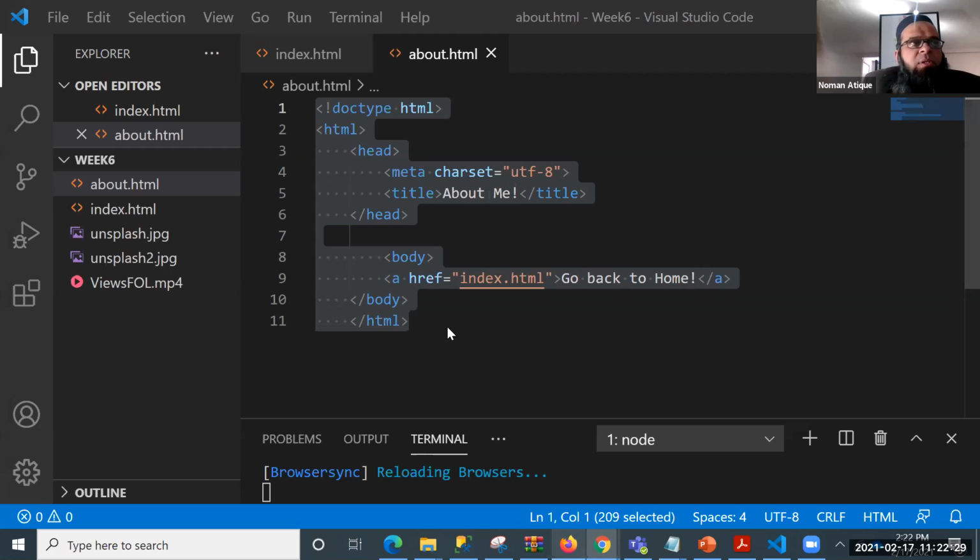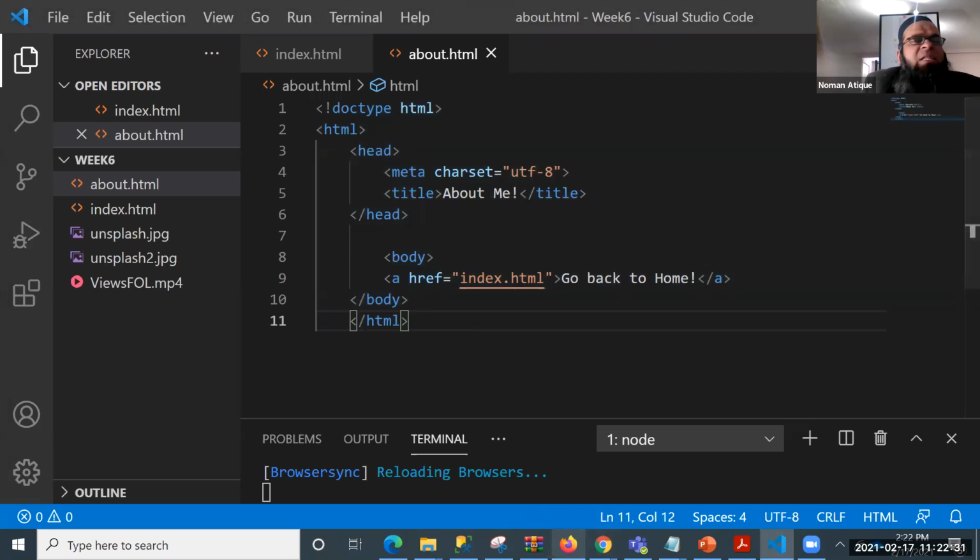Okay. Now come back to the business. Now can you copy this and make an about.html? And now we have got these two pages over here. About.html is linking back to the main page, the home page. And in this index.html, we have created a link for the about.html. We'll create that link for the about page.